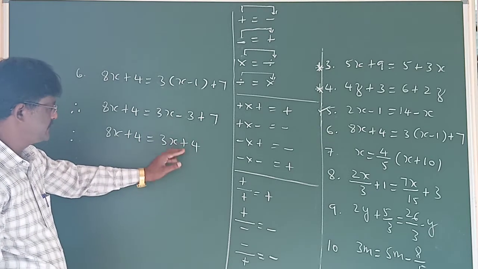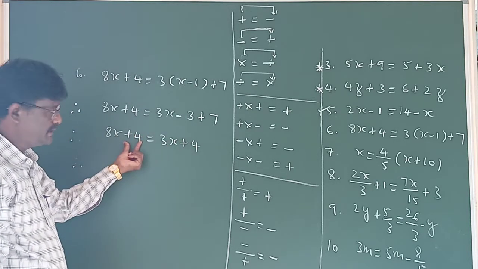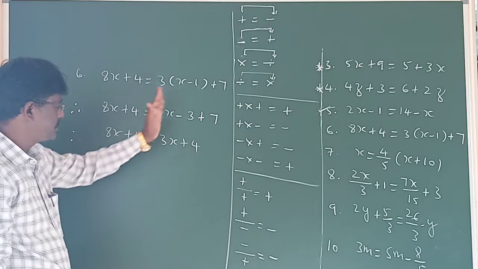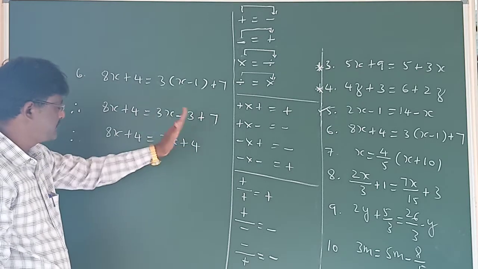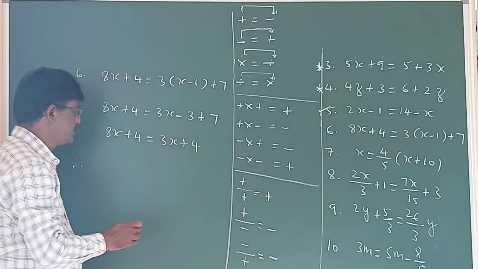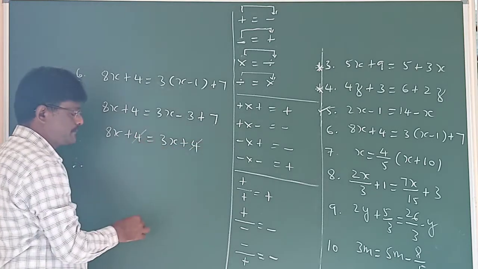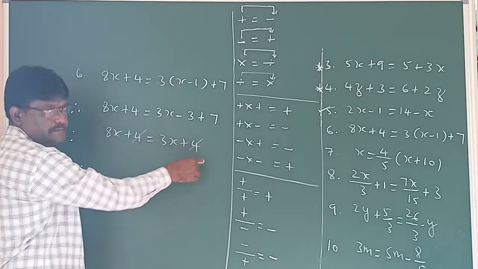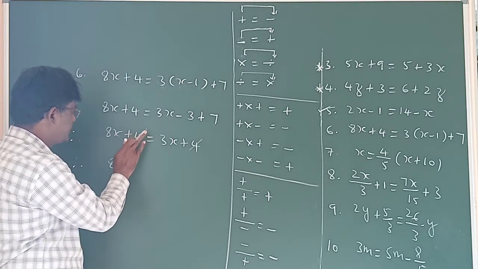In such cases, if plus 4 is transposed to the left hand side, or plus 4 to the right, it becomes minus. Therefore, plus 4 and minus 4 get cancelled. Have that simple idea, so that keeping that in mind, we could cancel directly. This is also one of the ways. Or otherwise it can be done as usual. So know this also, children. Now therefore 8x, or if you find it difficult, let it be.